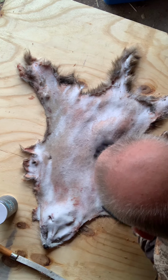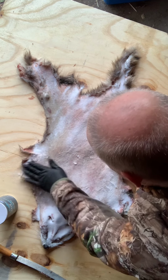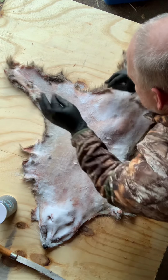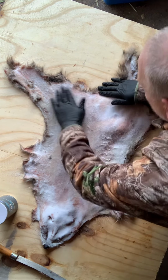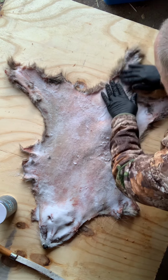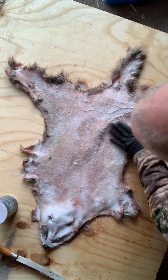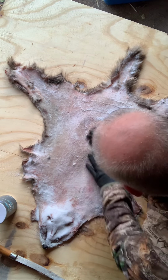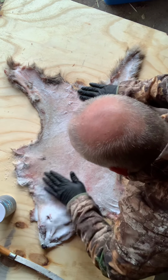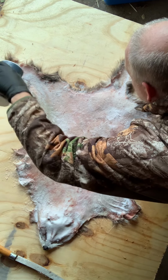Get a good layer of salt on, and it's not enough just to dump it on. You want to actually rub the salt in. Make sure that it penetrates. It's going to absorb, it's going to draw all the moisture out, and it's going to lock those hair follicles down tight and prevent any more slippage, because I already have slippage, like I said, from just fleshing. We're going to get it rubbed in really well, all the way out to the edges, so I can save everything that I can possibly save,